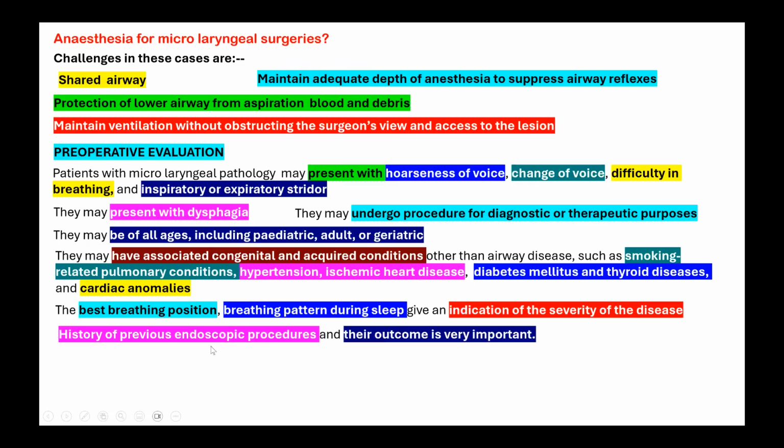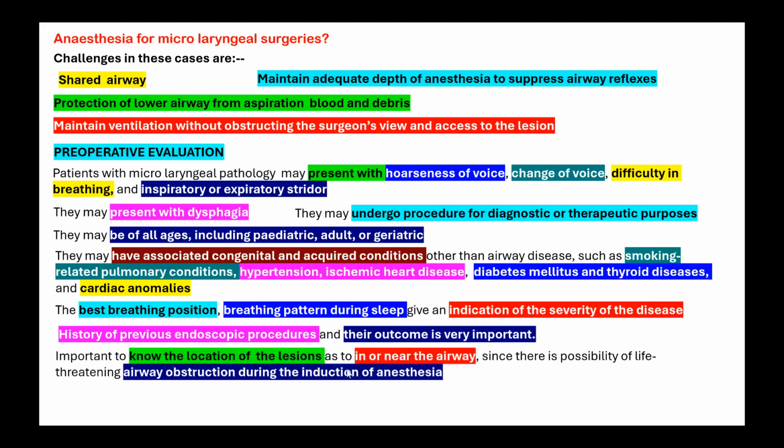And then history of any previous endoscopic procedures and their outcome. That history is also very important. Sometimes, they'll end up with a complication and the previous surgeon would have abandoned the procedure and recovered the patient. And then the patient doesn't want to continue treatment with them. They come to a new surgeon and you may be seeing them after an earlier failed attempt. So this history is very important so that you can plan your anesthesia to avoid again another problem and cancellation